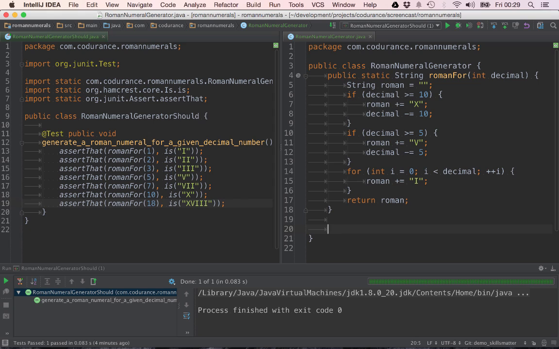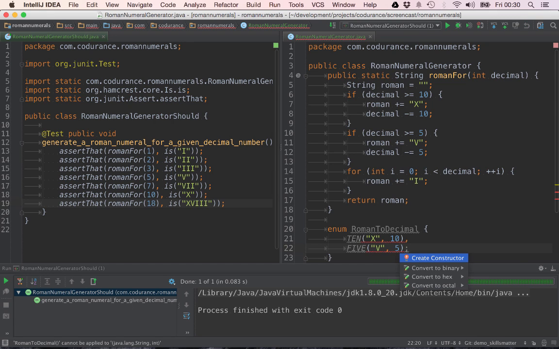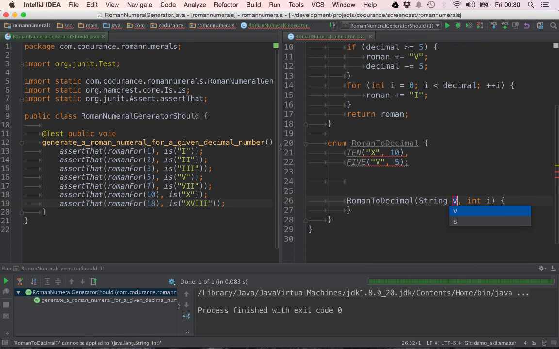So I'll say enum, I'm going to call it RomanToDecimal. And I want to say X will be 10, and V will be 5. So let's create this. This is the Roman, this is the decimal,